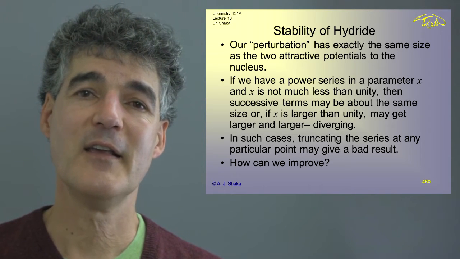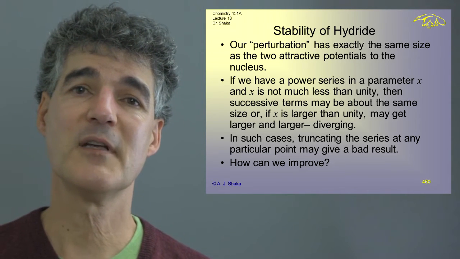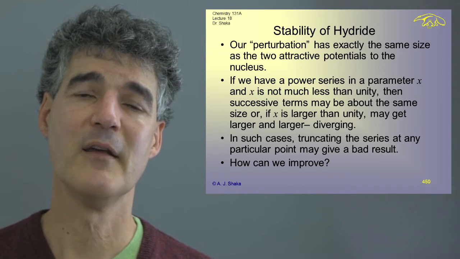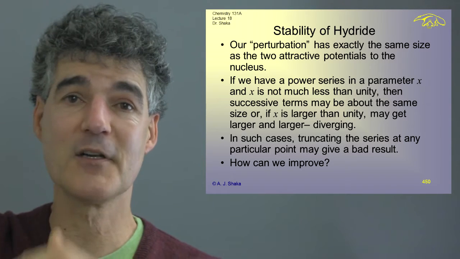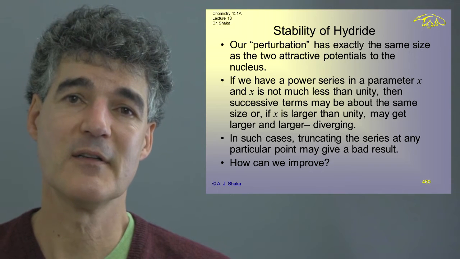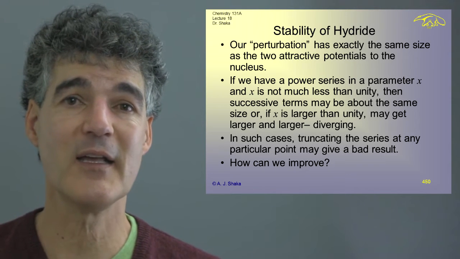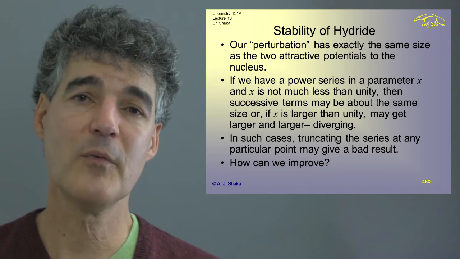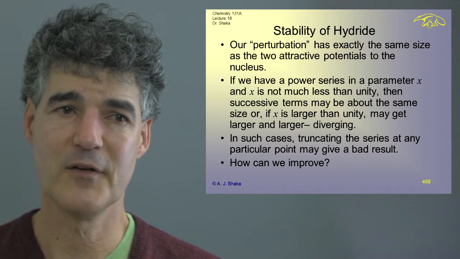And if x in the perturbation series happens to be bigger than unity, then what that means is as you calculate successive corrections, they might get more and more violent. So you might say, well, first the energy should go down like this, and then it should go up like that, and it should go down like this. And you might have a sum of terms that just doesn't add up to anything, just diverges. And furthermore, becomes very inaccurate. After you do all this tons of work, you still get garbage out at the end. So we shouldn't be so surprised that this is not so easy to do.